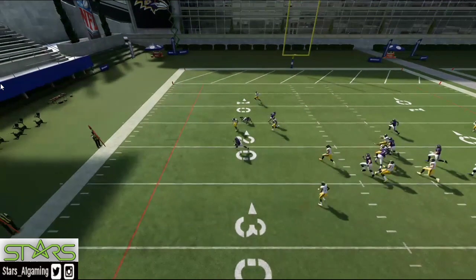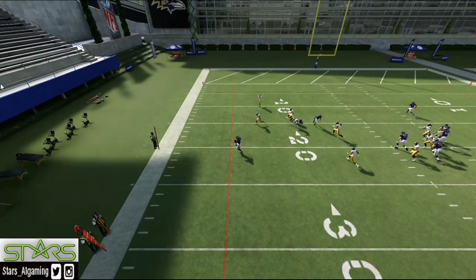It creates spacing. This is ridiculous how much space we have, and I would rather run through this than